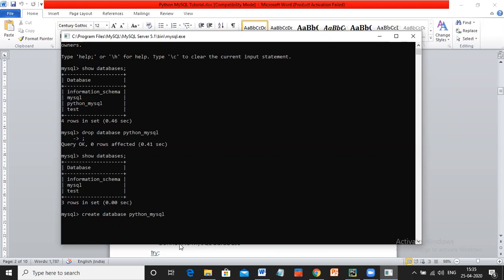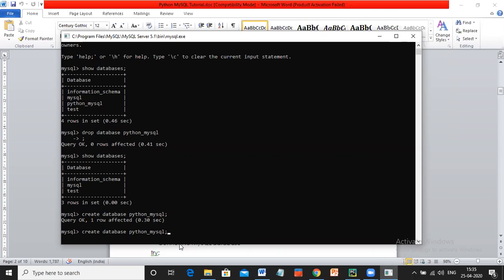You can give any name to your database. Make sure you don't provide spaces, and never start with an integer number. Okay, fine. So now my database has been created.